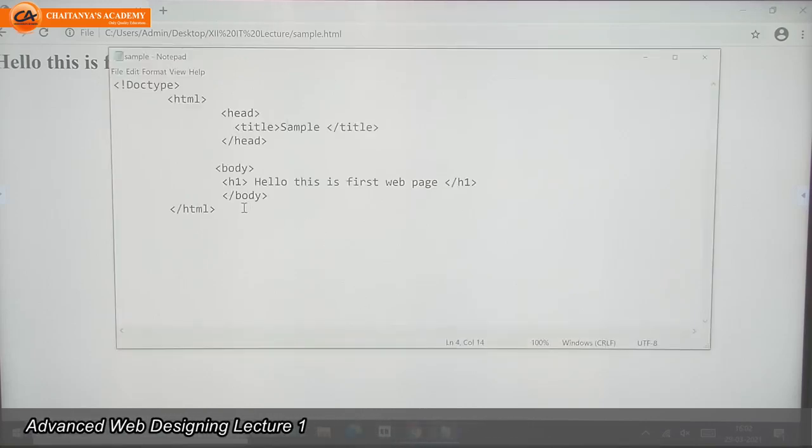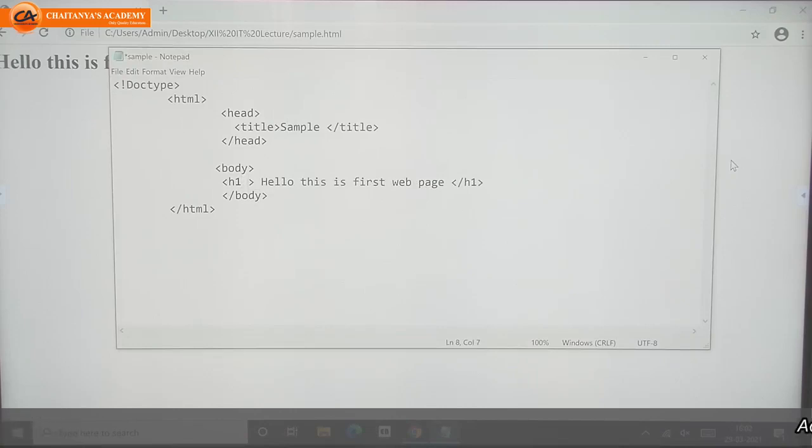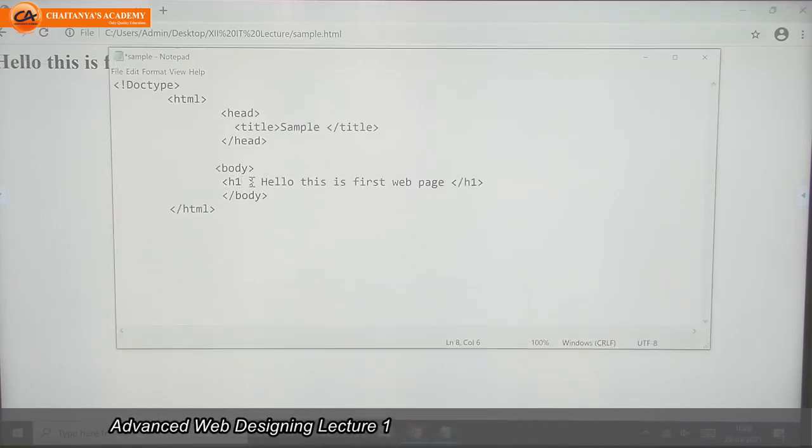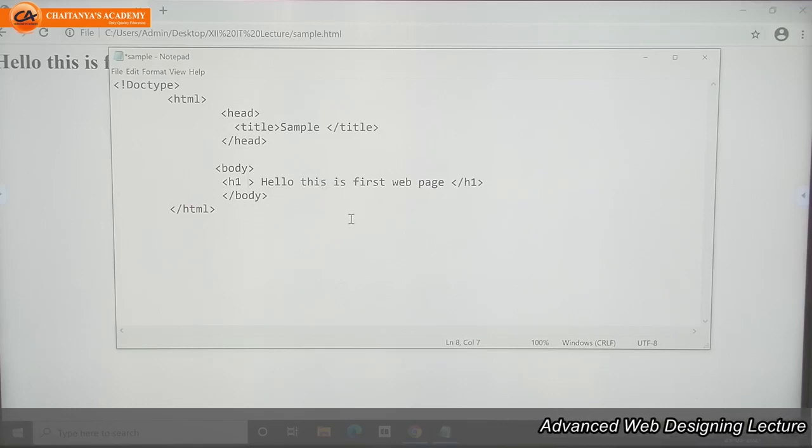If I want to change color of that text, then I can use attributes of that corresponding tag. This text I wrote in h1 tag, so I can use the attributes for this h1 tag. Attributes means properties, whatever I want to change.